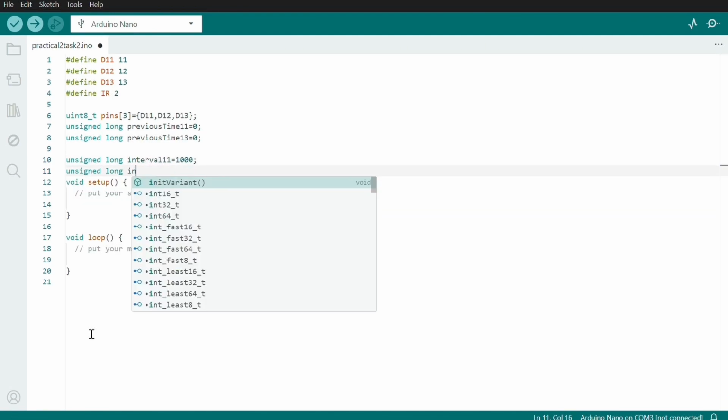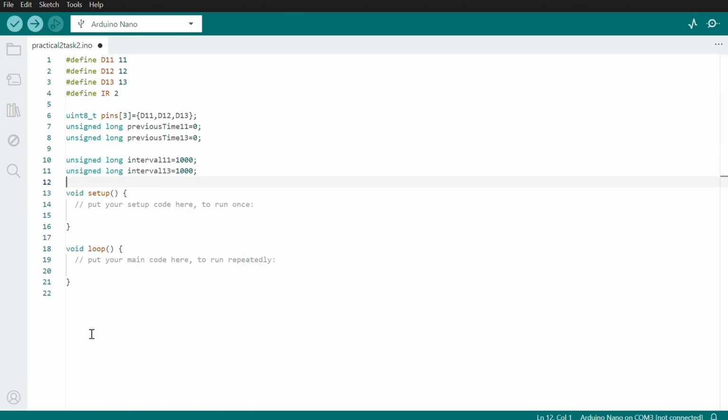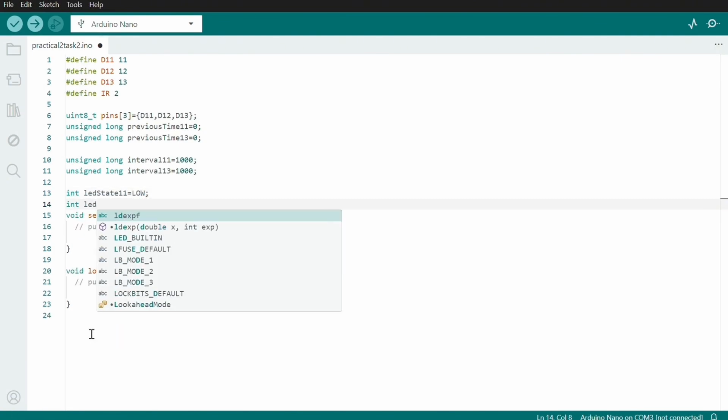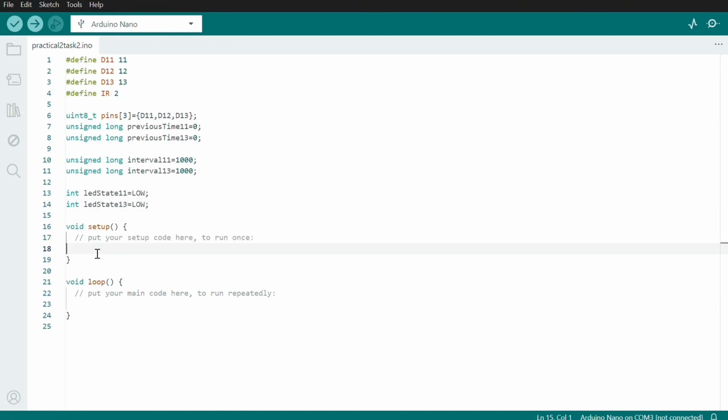Using names like this makes the code much easier to read. So next we have this line, which is uint8_t pins[3] = {D11, D12, D13}. Here the 3 LED pins are grouped into an array called pins. This allows us to loop through them later instead of writing separate setup code for each LED. Arrays help us keep the program shorter, neater, and easier to scale up if we add more LEDs in the